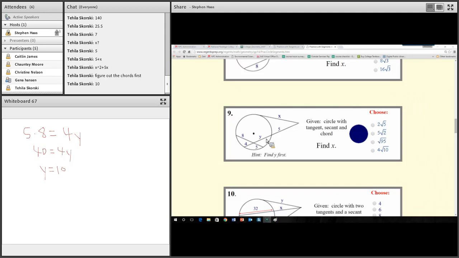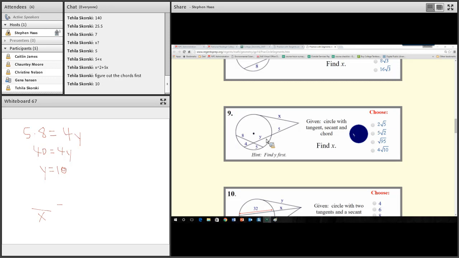Okay, so y is 10. So we figured out that y is 10. Once we know y is 10, now we could use the mean proportional rule, because now you've got a tangent and the secant, which means the x is the mean proportion between the outside of the secant